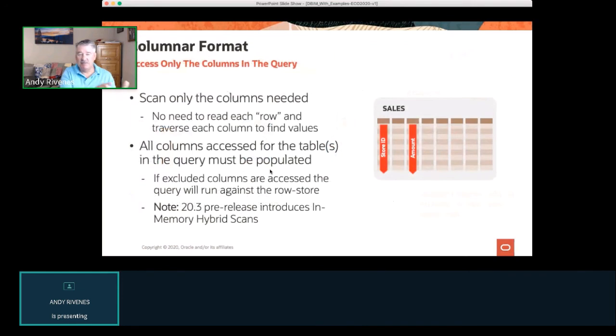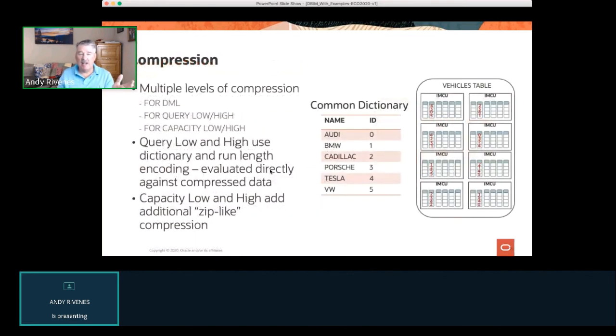And that's basically what I've said here. I included some slides for some more detail, but the bottom line is we only have to scan the columns we're interested in. We actually do compression. We've got some blog posts about compression that we've done in some Ask Tom sessions, but